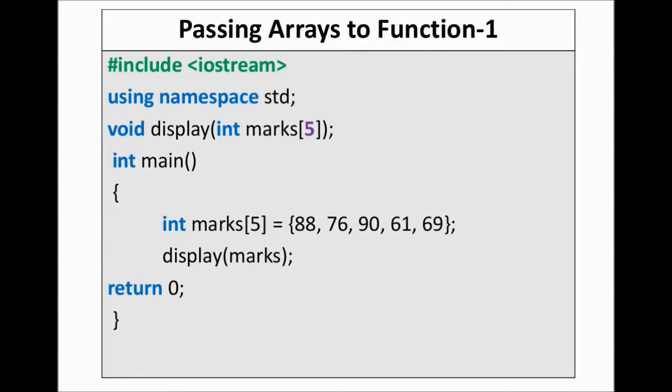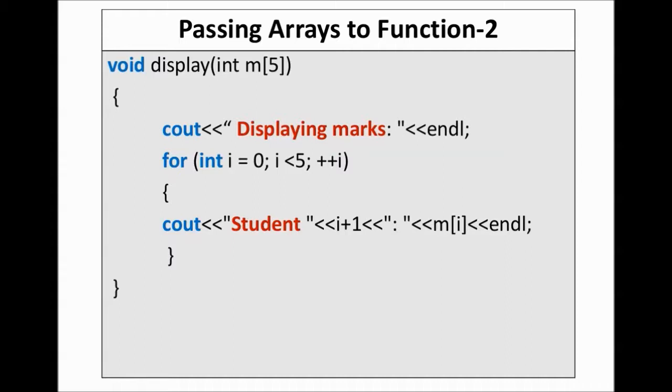Here is an example. First of all, we declare a function void display(int marks[5]). Then we write our main program, int main, and in the main program we write int marks[5]. We create an array with the name marks and type integer with 5 values, that are 88, 76, 90, 61 and 69, stored in the marks array. Then we call our function display(marks), and after that we return 0. In the function, when we pass the array to this function, we write void display(int m[5]). We give the address of the array to this function. Then in this function we write cout to display these marks one by one, we use a for loop